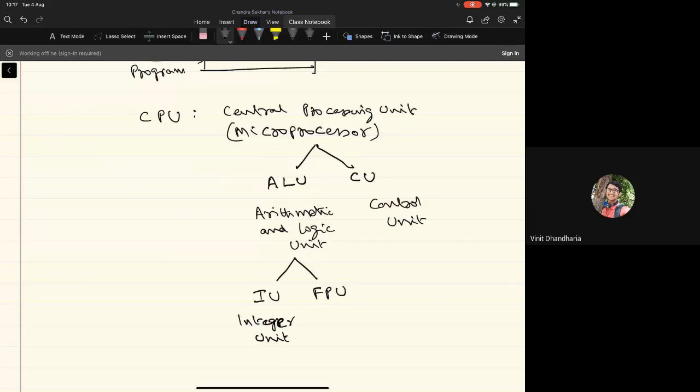And the second part of this ALU, which is called the floating point unit, is going to perform all the necessary processing on the real value data. Again, you are familiar with the data types like float and double in the C language. Both of them are for representing real numbers. So the circuitry required to perform the arithmetic operations on this real value data like float or double type will be present in this floating point unit.